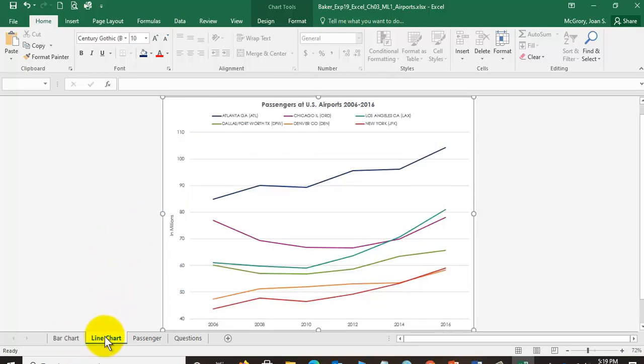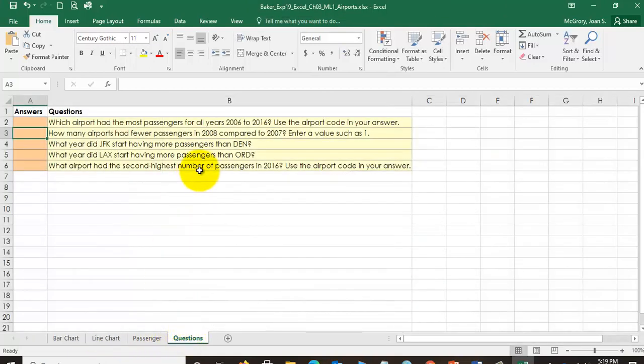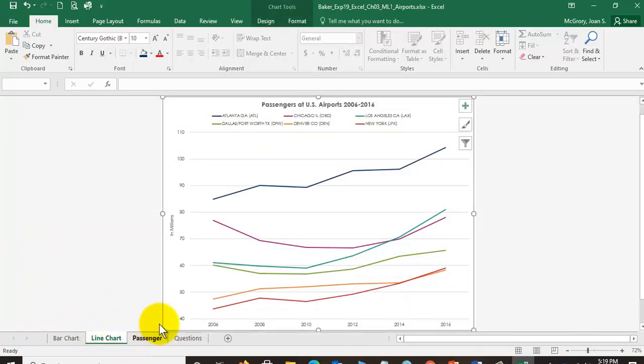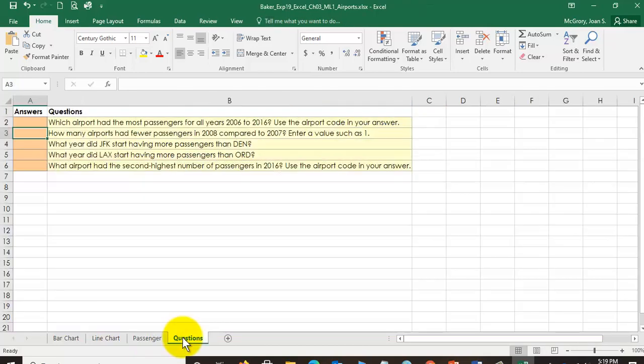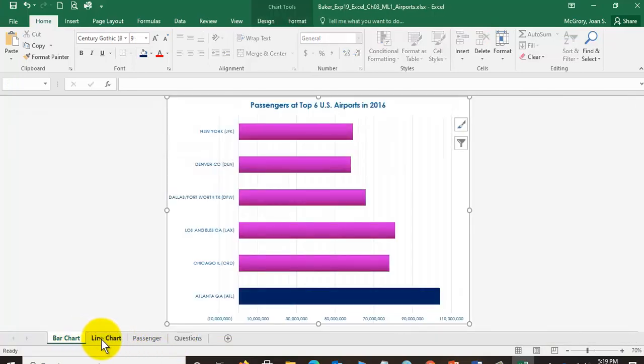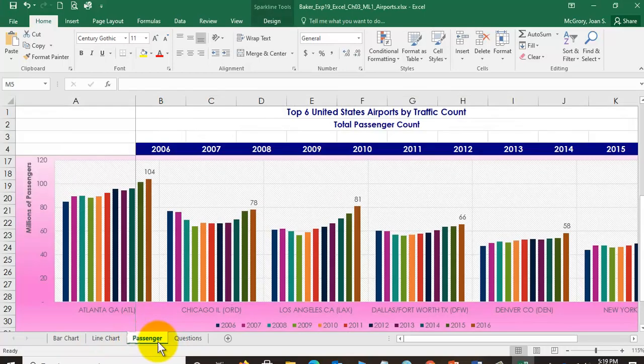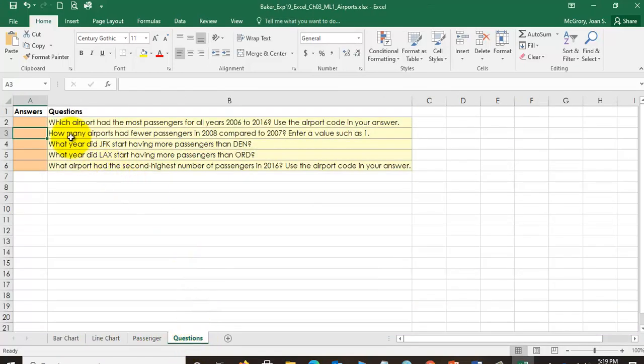My line chart. Now they were specifically looking from 2008 to 7, so had fewer in 8. Was there a drop as we went from 7 to 8? Well, do you think this graph would help? Would this one help? I'm going to let you decide which graph is most helpful, and then however many airports you think,